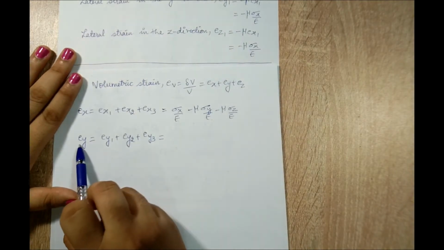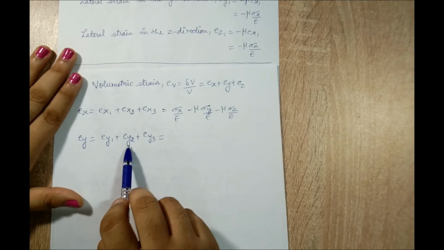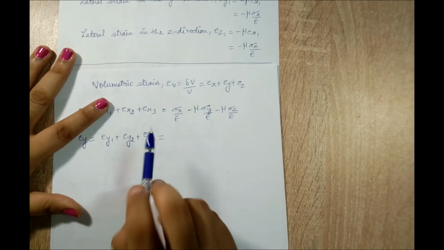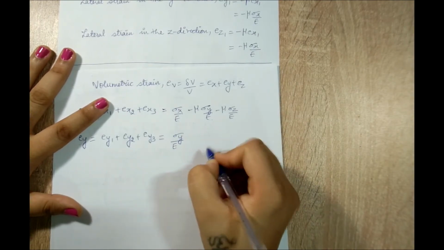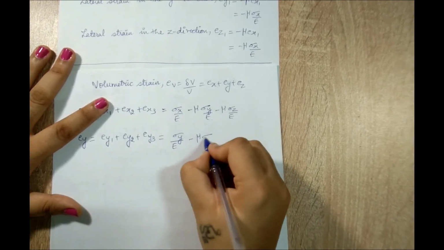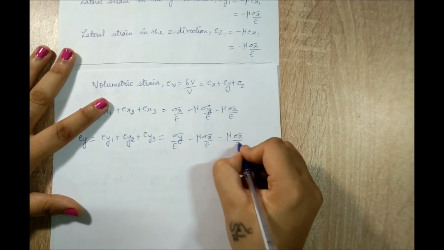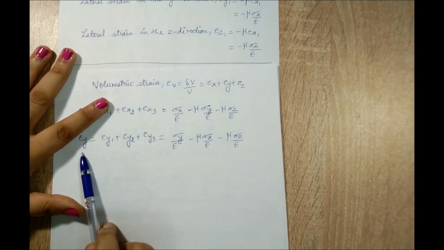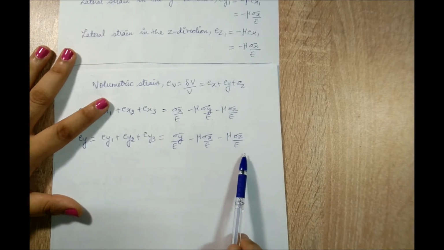Now if you talk about strain in the y direction, Ey2 is the second term, sigma y upon E. So rather than just remembering that, I can in short write down that one term will be sigma y upon E, and the other terms will be minus mu into sigma x upon E and minus mu into sigma z upon E, which means one side is linear when I talk about Ey, and the rest two are lateral. So this is just a technique for remembering them.